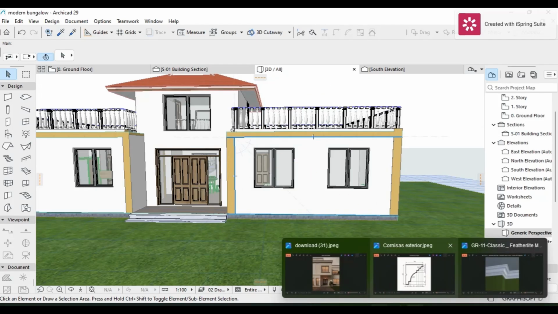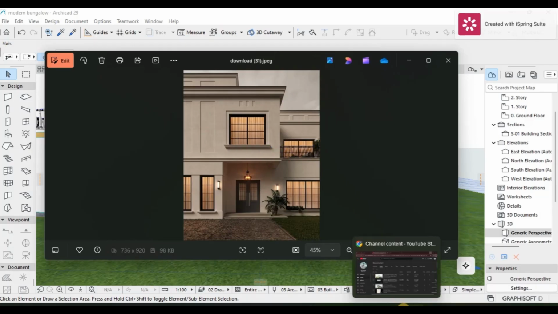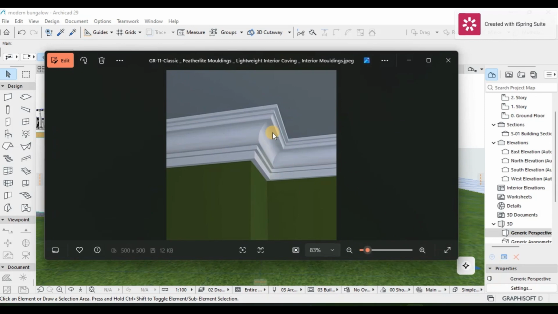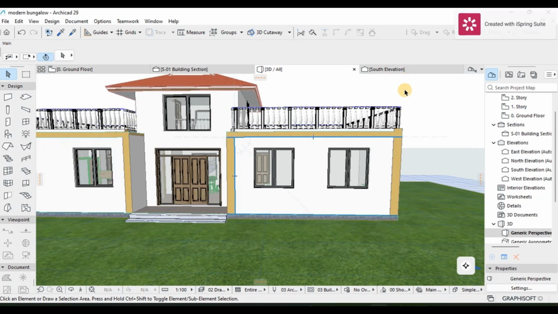So when I talk about cornices, this is what I actually mean. This part of the building is usually mostly for ornamentation. And when I talk about cornices, it's both the interior and the exterior. So the interior cornice looks like this, and the exterior cornice looks like this. We're just going to be looking at how you can create both of them and how you can use them in designing